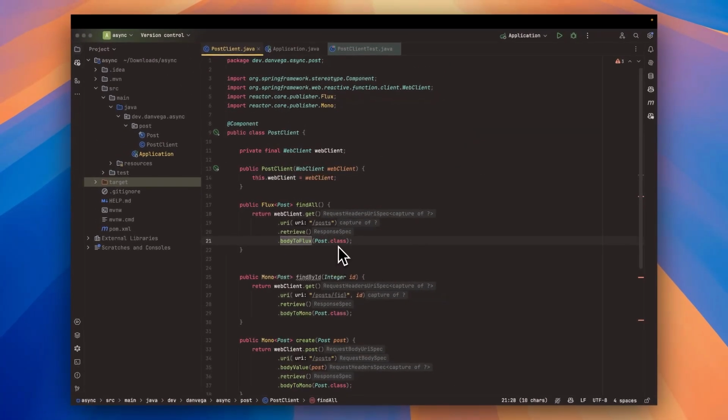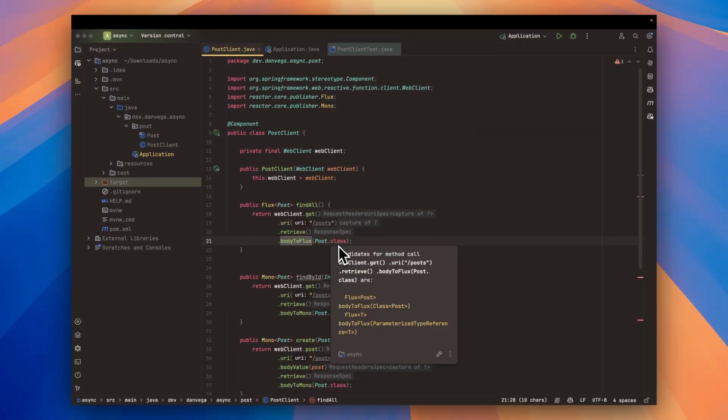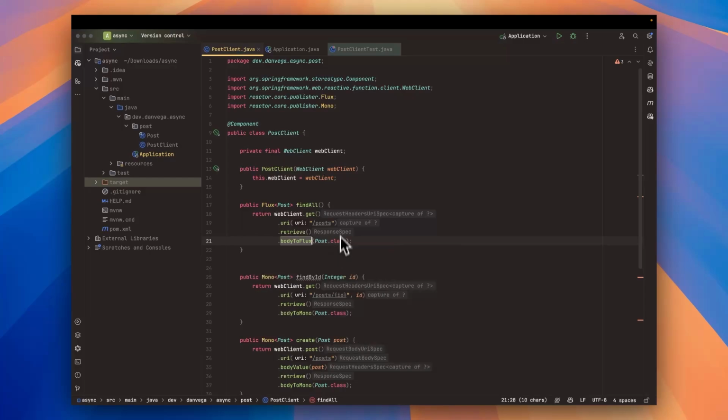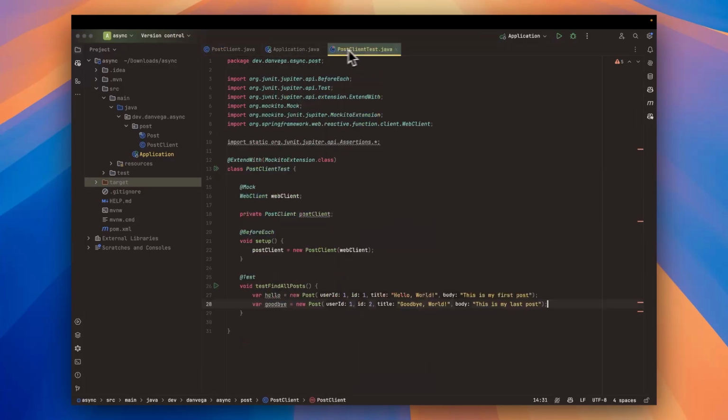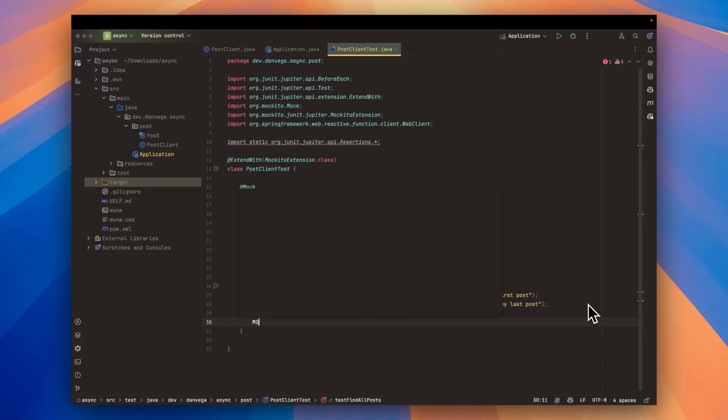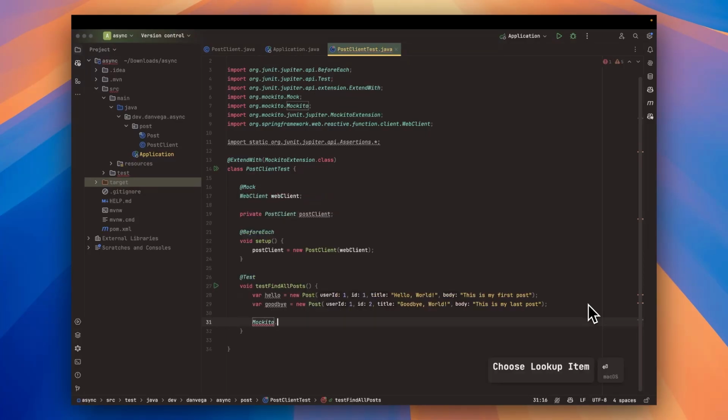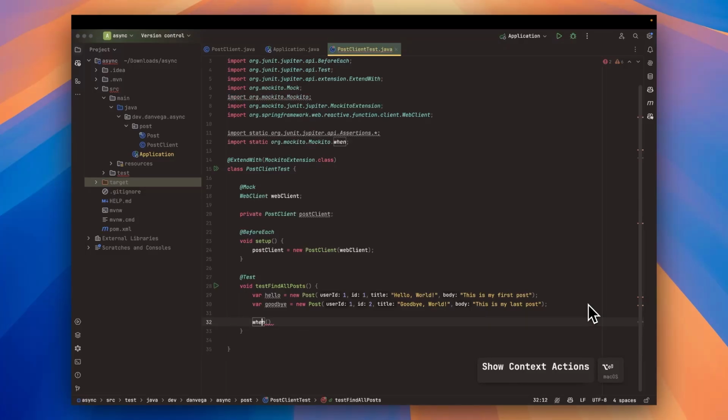There's all these, because of this nice Fluent API, which is great on the front end, right? It makes it really easy to read. It's really easy to write this code. It's a little bit harder to test this code because all of those things have to be mocked out. So we have to say, let's use Mockito here. Mockito.when, can we import static? Yes. So when the web